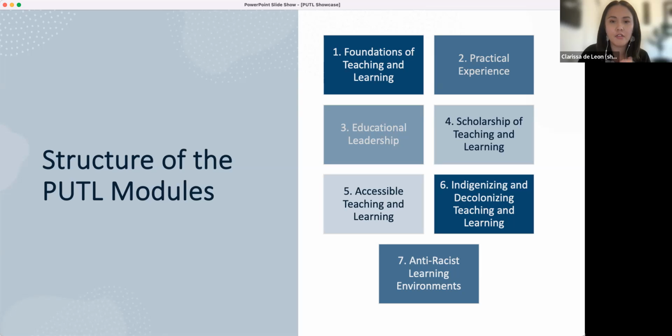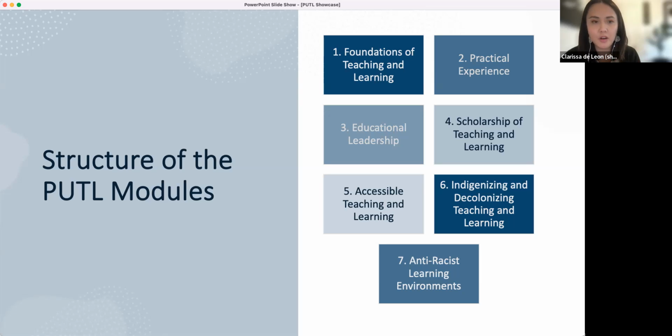And in a minute, we're going to talk about how we've created 2 new modules over the last couple of years. But in the structure that we have right now, you need to complete 5 modules in order to get that certificate of recognition of your completion of PUTL.